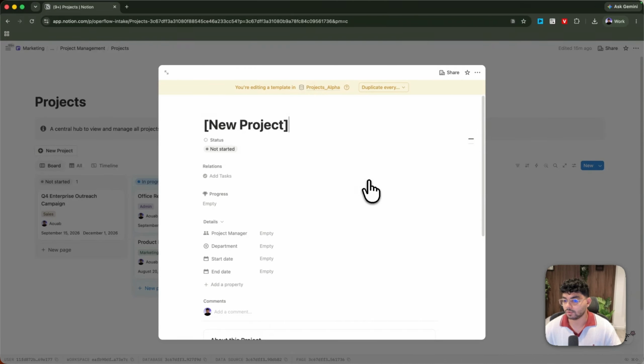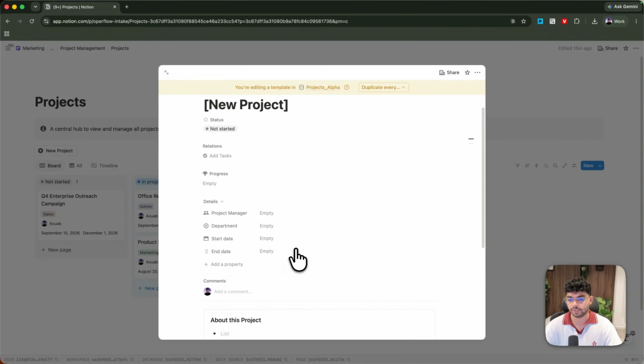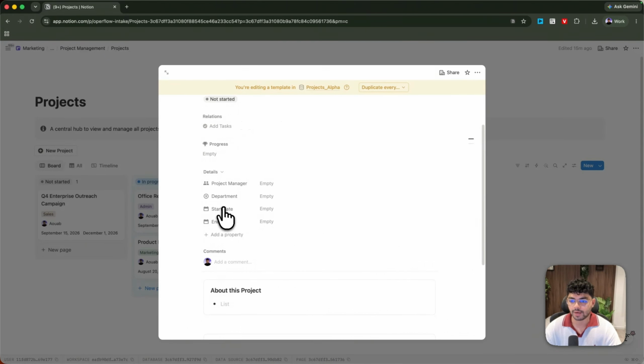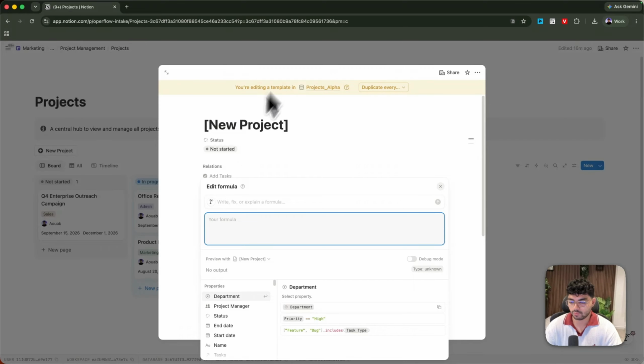But in order to see all the tasks, you need to check inside the project template. This is really important. Now, since we have our relation with tasks, this is where we should be using the progress formula. Now, when you go inside the progress formula,